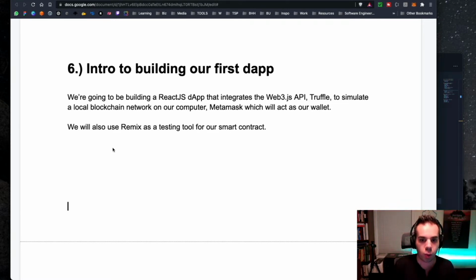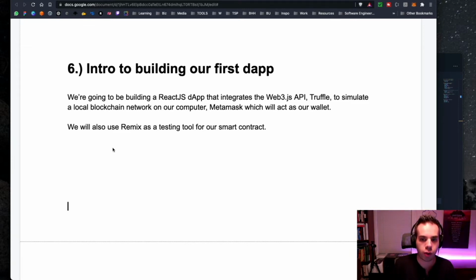We also are going to be using something called the Web3 JS API, which is how we're going to be able to connect to a blockchain instance, which we will configure with Truffle. We also are going to be using Truffle as our local blockchain environment. And then we're also going to be simulating this local blockchain network, which you'll see running in our terminal window. We're also going to be using MetaMask as our wallet and to simulate users logging into the application.